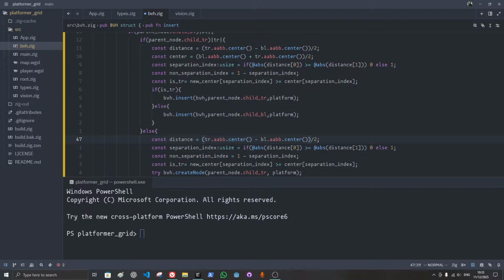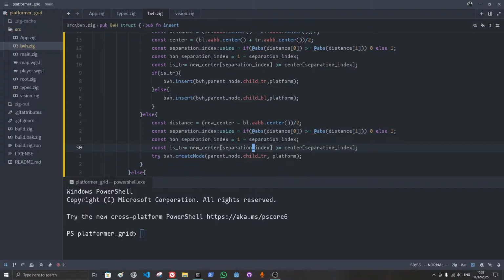Here instead of top right, I have to put the new center. We calculate separation index, non-separation index from that. And then we'll see if it's top right. How can we check